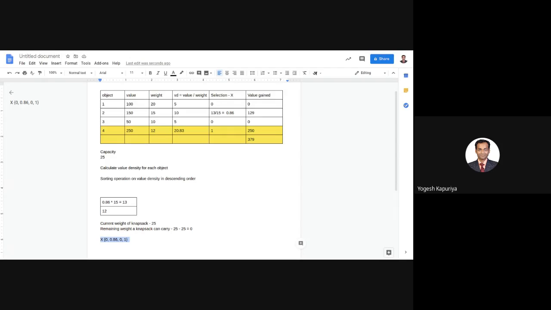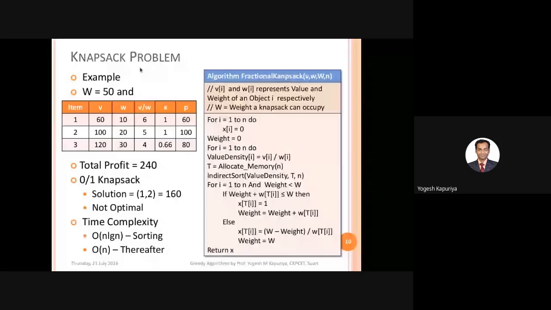Okay. So now let us discuss the algorithm. I hope now you are looking at this screen with the knapsack problem.